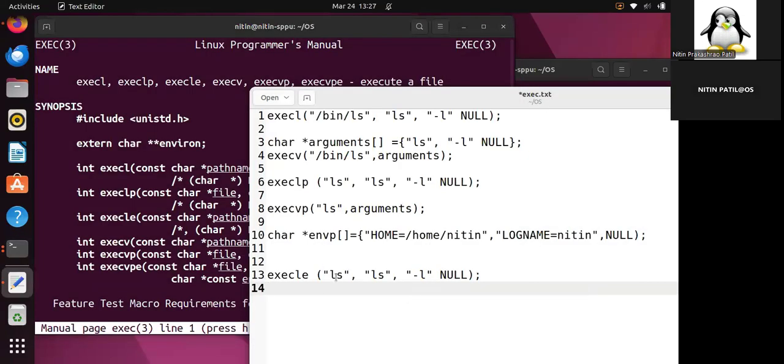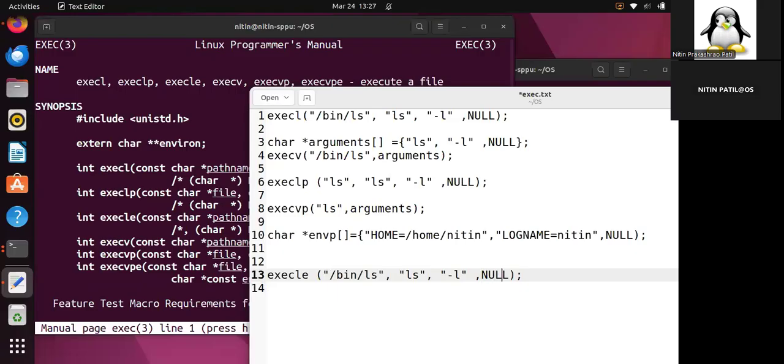So the path here would be /bin/ls. Now you can specify all the arguments, ended by NULL, in all cases. Similarly, once you are done with these arguments, you have to specify the environment list, envp, and done. So this is how you can call execle